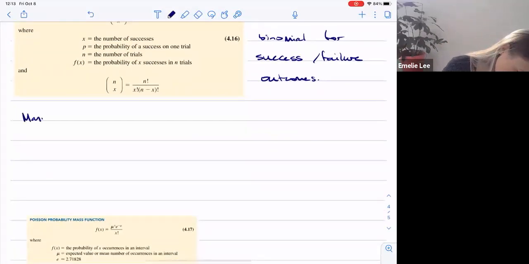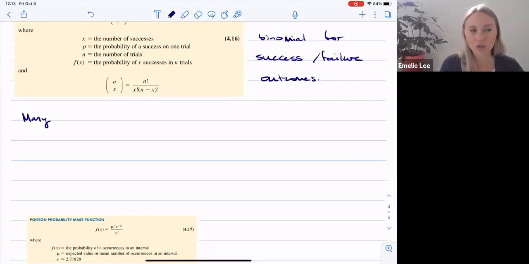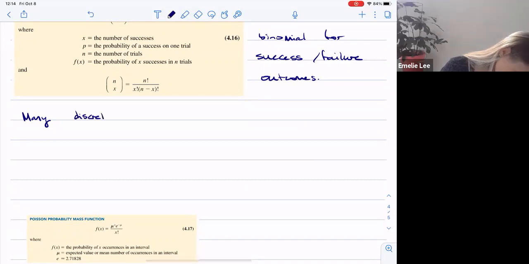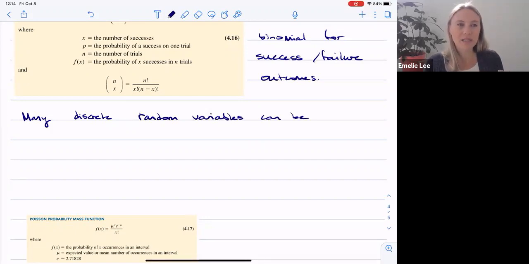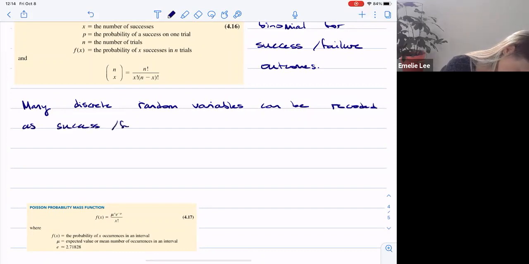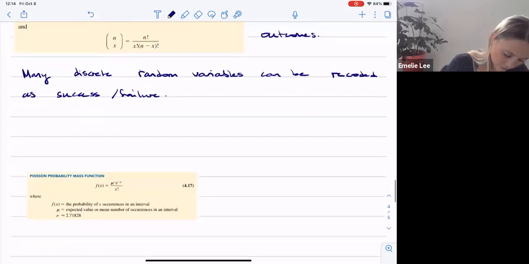Many, I would argue all situations could be, but in case you can come up with some that can't, many discrete random variables can be recoded as success failure. So for example,